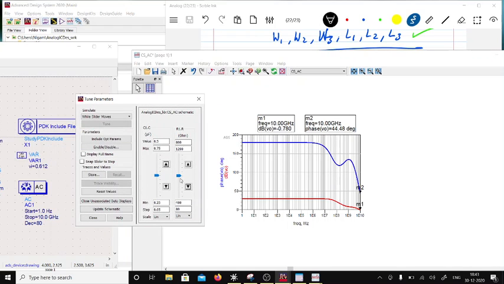So if I was to increase R, okay, so first of all, so what I'm going to do is, so here,